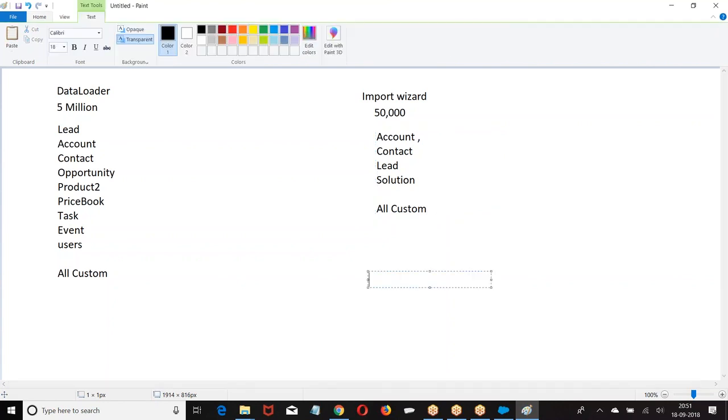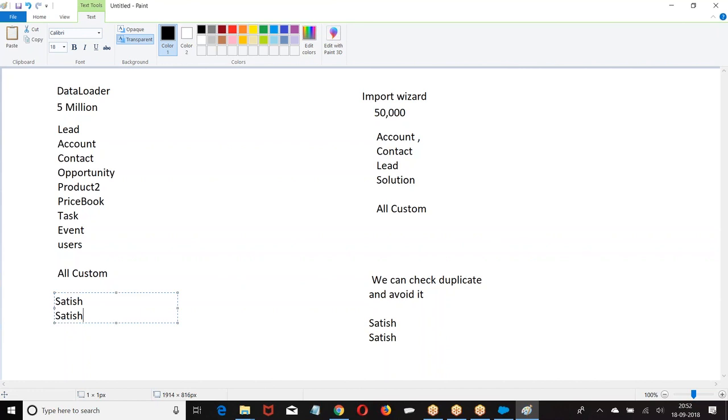Next, in the import wizard, we can check for duplicates. Now, I can say match based on first name or insert. So, if I give 2 Satish, it will avoid 1. But in the data loader, if I give Satish, it will insert twice. So you cannot check for a duplicate in the data loader. In the import wizard, we can check. I have done one example. In the import wizard, we can check a duplicate, whereas in the data loader, we cannot check duplicates. I hope you are good with this.